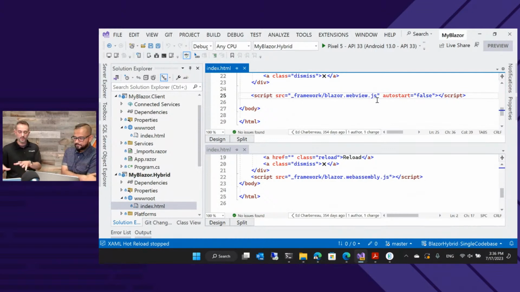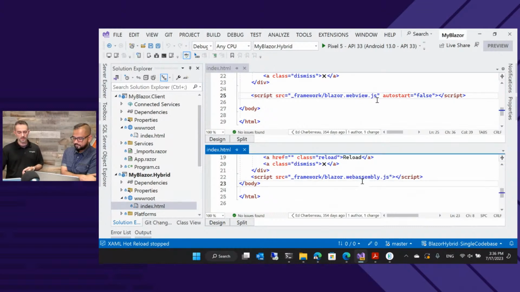So this is going to boot you up in the correct environment. If you were to try to share this and ended up with the WebAssembly JS one, I think it will work, but you're still going to get WebAssembly, which you don't want. You're sacrificing performance for no reason. You're getting nothing positive out of it. It's all loss and no gain.